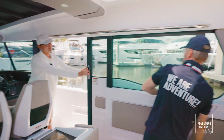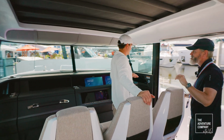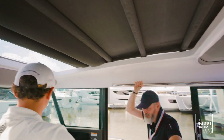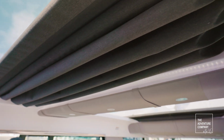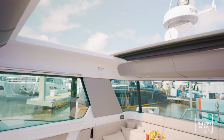So closing the aft doors, opening up the up. It makes it so you can still, let's open up the sunroof as well, getting the sun in. As a single operator and someone that runs a boat solo all the time, to have a 45-foot long vessel that I feel very comfortable standing at the helm here, to be able to dock and maneuver by myself is